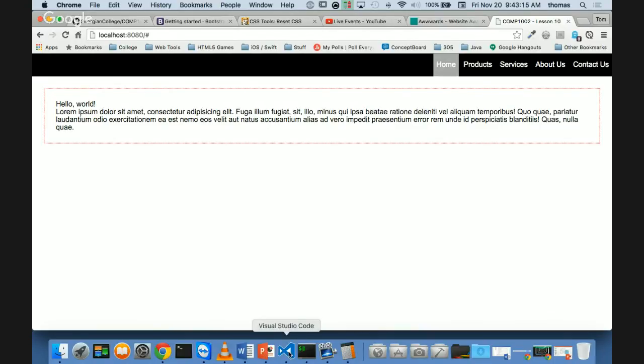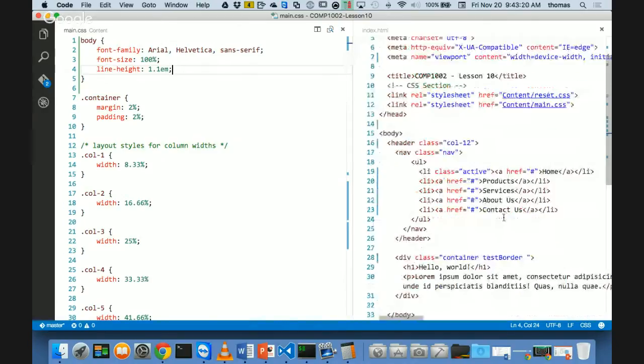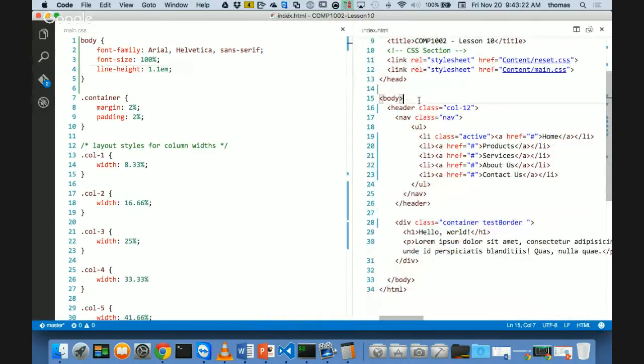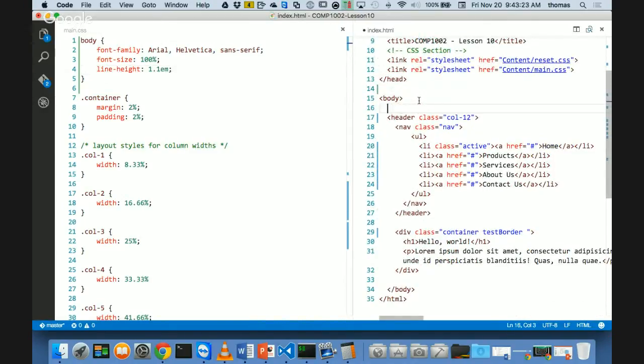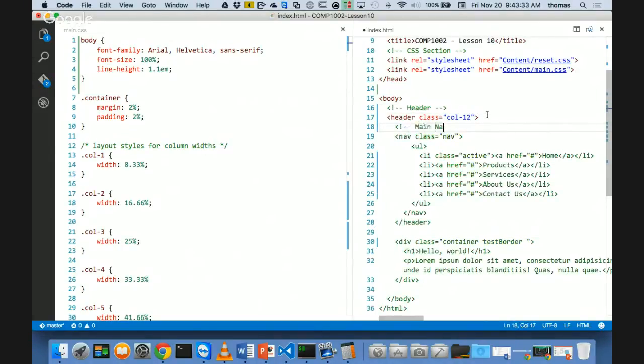And I'm going to go back to my class here. I've kind of hammered away at my nav bar. Here's my main nav, and I can put that in there. I can say this is my header, with some comments, right? Header, and this is my main nav. I can put that in there too. So I can say something like main nav,